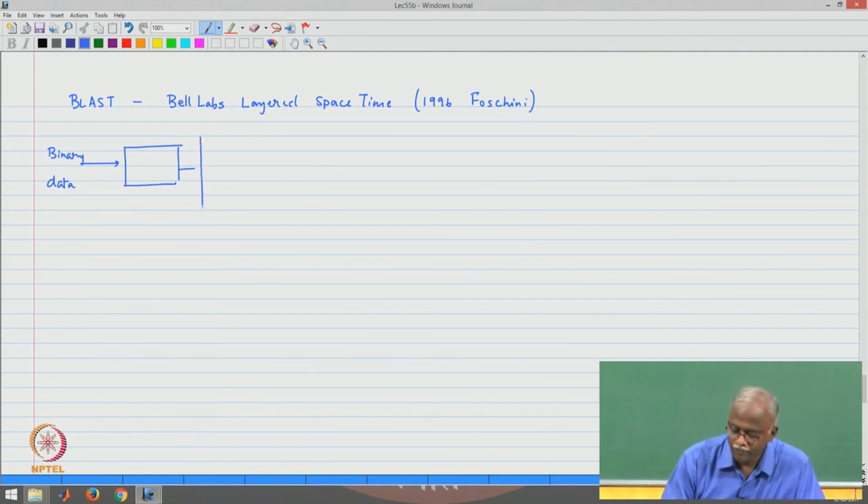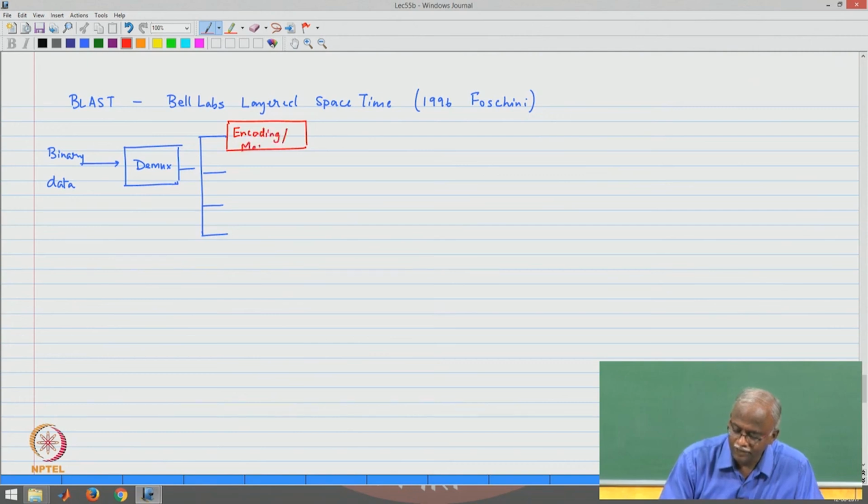So, we will get 4 parallel branches coming out of the demultiplexer, okay, 1:4 demultiplexer. So, this is a demux. Now, each of these substreams is going to be processed by a combination of encoding